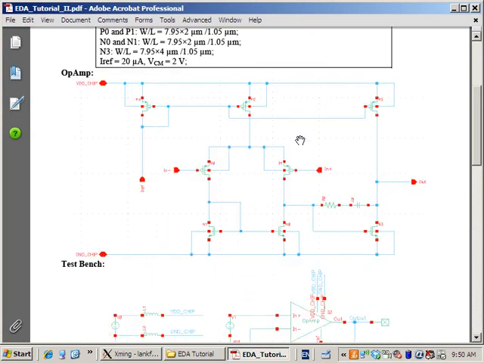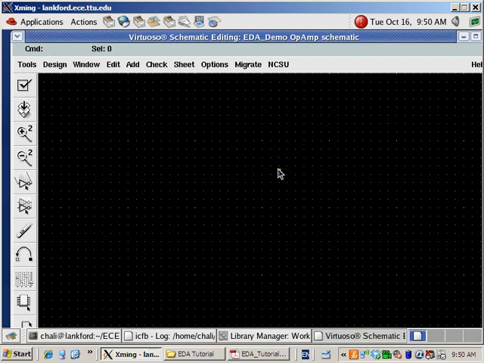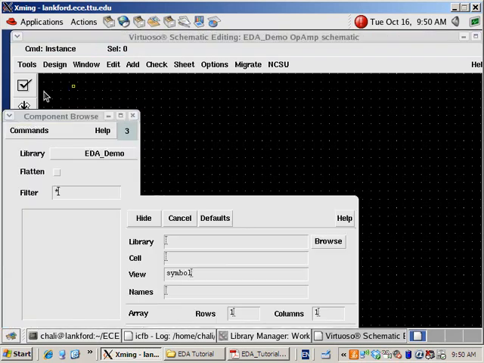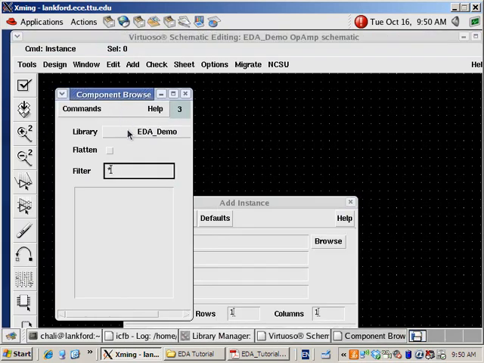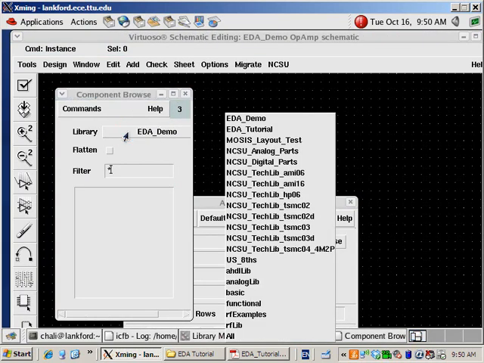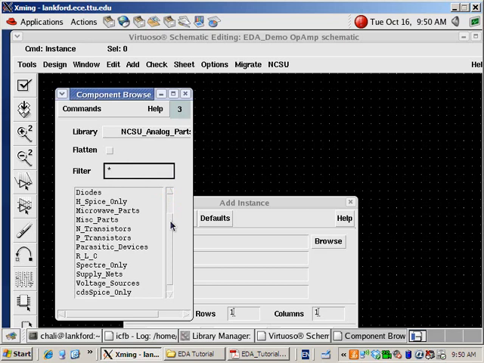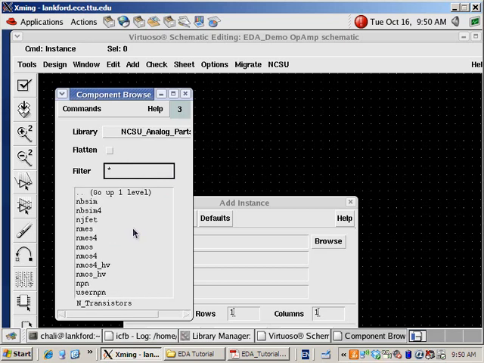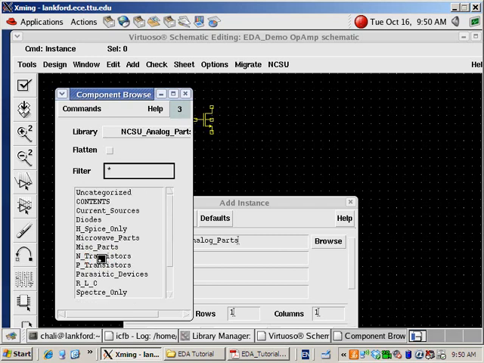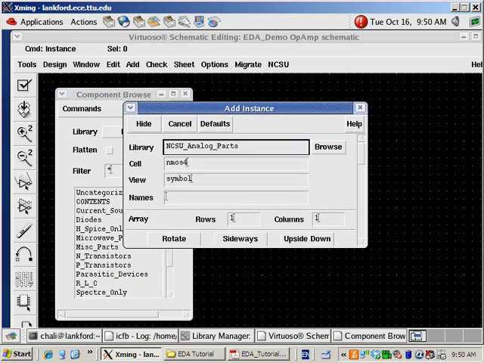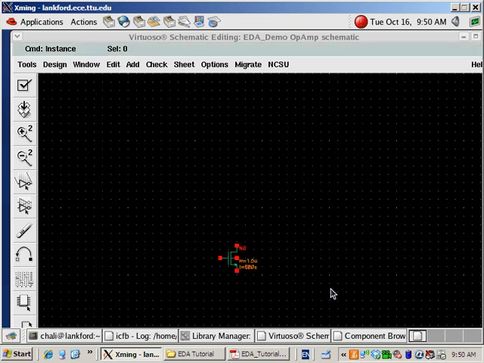and now our task is to put the transistors into the schematic. So I'll use the button I, which stands for instance, to add instance, and on the library I have to choose NCSU analog parts, and from there we can find out N transistors. So I'll add NMOS 4, which means 4-terminal NMOS transistor. Put it over here,